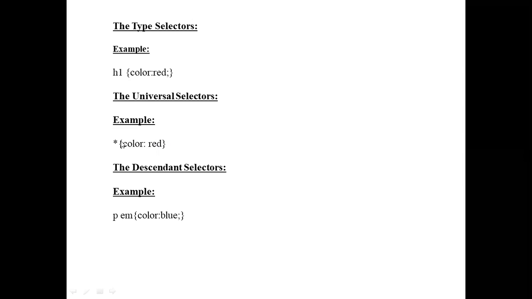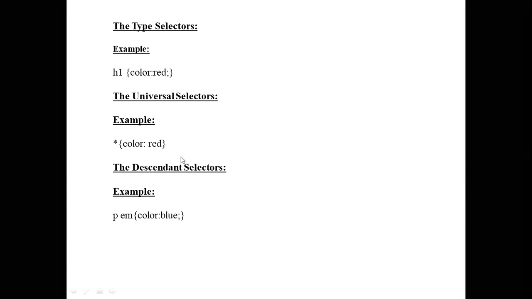The universal selector applies its style to all the elements in the document. Do you understand?